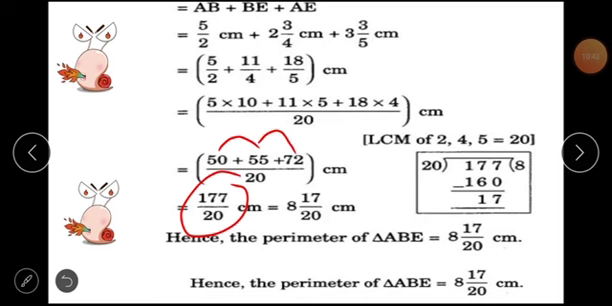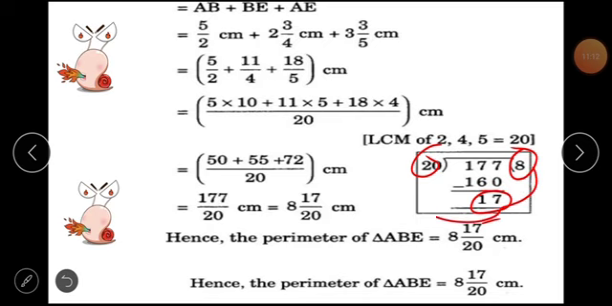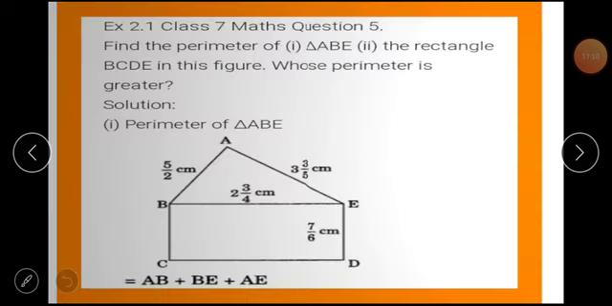So you will get 117, and you will convert it into a mixed fraction, which means you will divide it by 20. 117 divided by 20: 5 times 20 is 100, and you will get the remainder 17. So how can you write it down, students, in mixed fraction? 5 whole 17 upon 20, like this way. So you will write down 5 whole 17 upon 20 centimeter. This is the perimeter for this